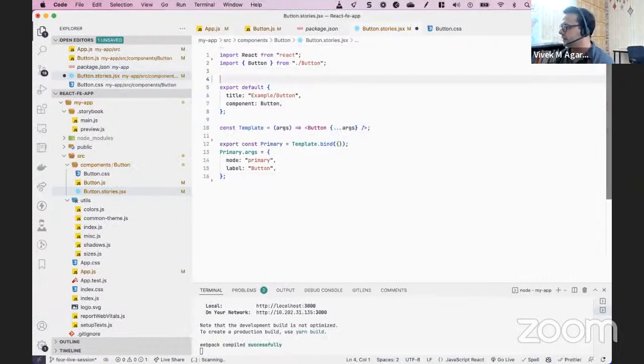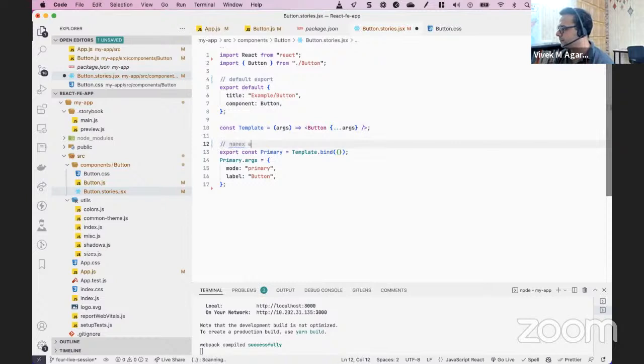तो इसमें आप देखोगे दो तरह के एक्सपोर्ट्स है, एक तो डिफॉल्ट एक्सपोर्ट है और दूसरा है एक नेम्ड एक्सपोर्ट। तो डिफॉल्ट एक्सपोर्ट जो होता है वो हो गया, आप समझ लीजिए आपका मेन कंपोनेंट, मेटा इंफॉर्मेशन, और जितने नेम्ड एक्सपोर्ट्स है वो सारे हो गए, मान लीजिए वेरिएशंस, वो सारे हो गए आपके स्टोरीज। ठीक है, तो सबसे पहले डिफॉल्ट एक्सपोर्ट में हमने यहाँ पे दिया /example/button। ये क्या करते हैं हम अभी देखेंगे।